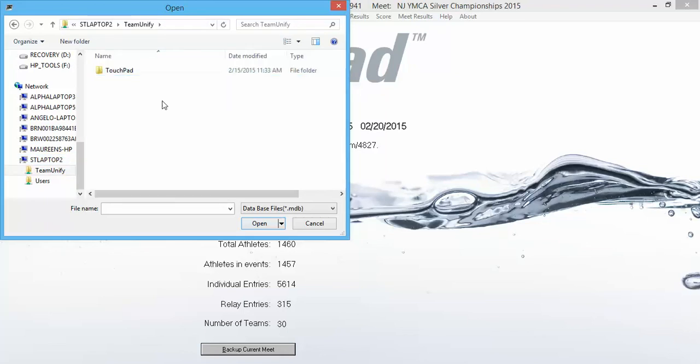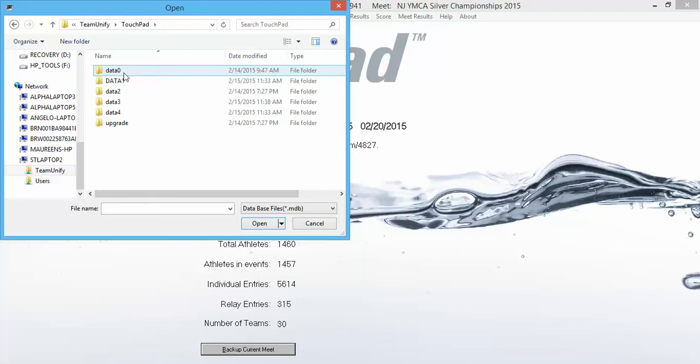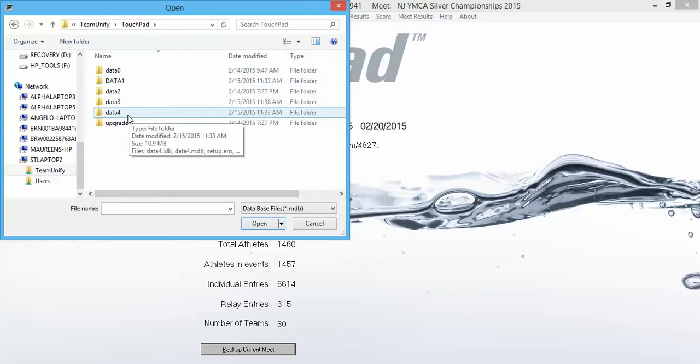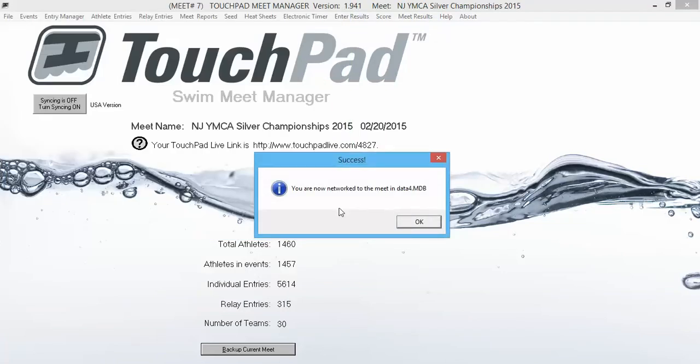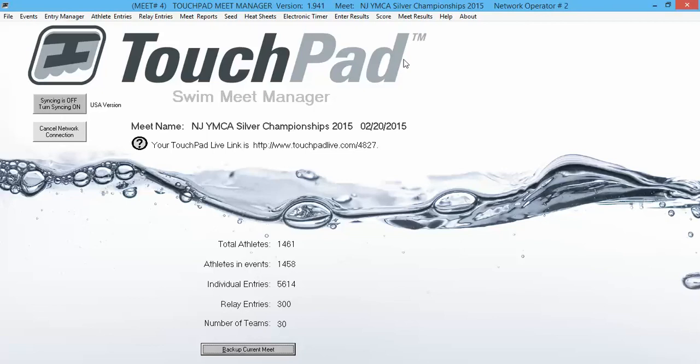You just double click on that folder, then the Touchpad folder will come up. You're going to double click on that one, and right now, because I've run multiple tests, the current meet is data 4. So you're going to double click on that folder, and then the MDB file will come up, and you double click that and you'll see you get this which says you're now networked to the meet in the computer that is our target. You hit OK. So you can see here it says I'm network operator number 2. It's meet number 4,